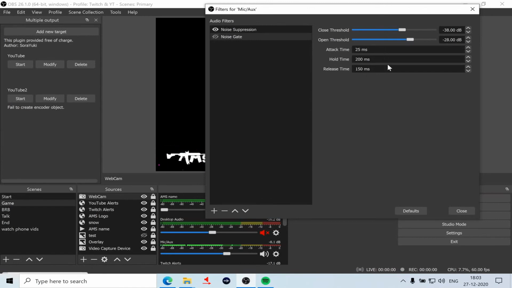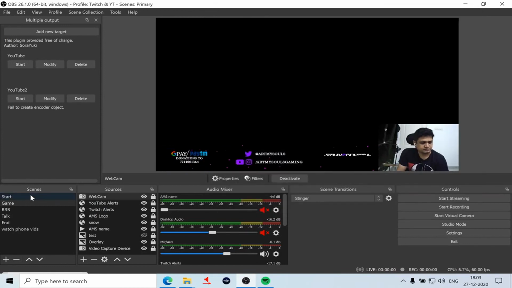If I turn it off, you'll see the decibel level is much higher. If I turn it on, it remains clear, but the tapping sound, you see the tapping sound, right? It's capturing that right now. But if I turn this on, there was no tapping sound that was captured there. That's the reason why you turn on the noise gate at minus 38 and minus 28 decibels. So those are all the filters that I wanted to make sure we are covering. That is all that is required right now here.